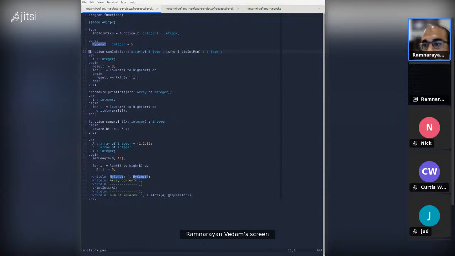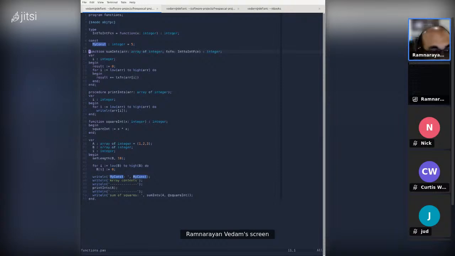So the name should be something like sum transformed ints. But regardless, in this example we've provided a dynamic array of integer, we took a transform function, and then we simply looped through the array and returned the result of the transformed array.